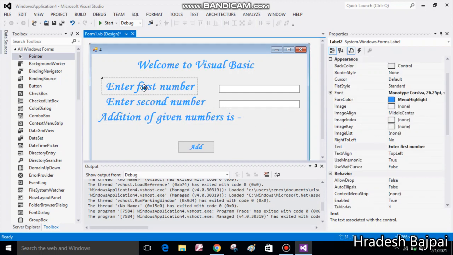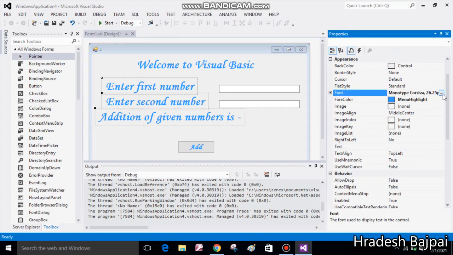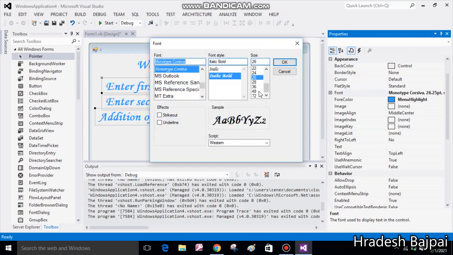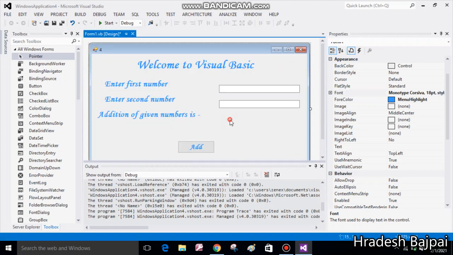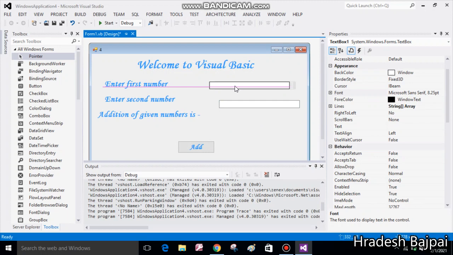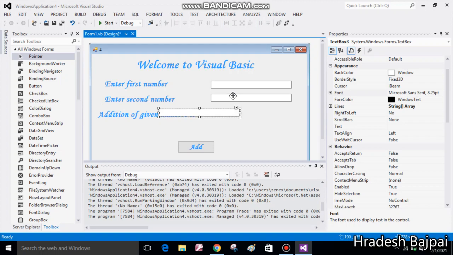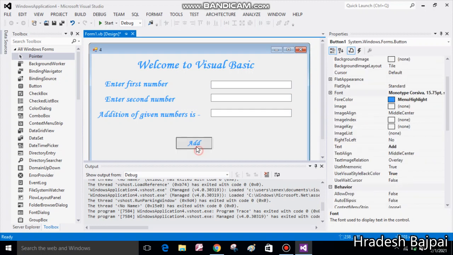Wait, I have to reduce the font size because it's a little bigger. Okay. So enter the first number here, enter the second number here, and then this is TextBox3. Now what I want is, by clicking on this Add button,